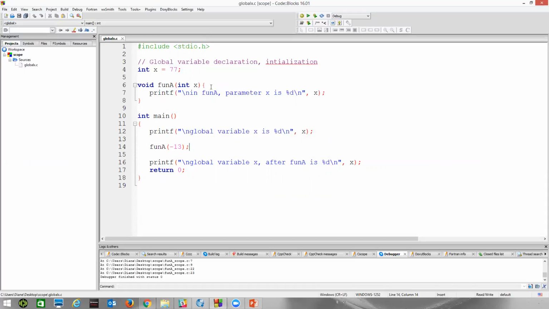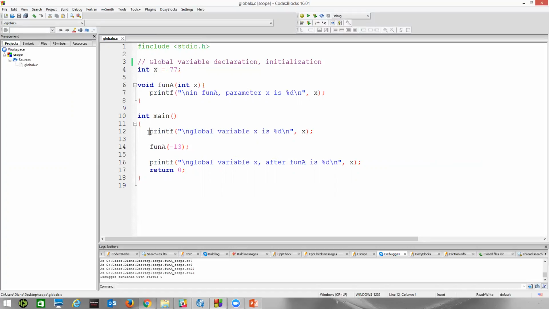Now we have this file here where we're declaring a global variable, and I've misspelled initialization. Here, x is a global variable because it's declared outside of a function. It's declared outside of any curly braces. So we're declaring it at the top as recommended. It still has to have a data type. It still has to have a name. We don't have to initialize it at this point. I'm just doing so that we have a known value.